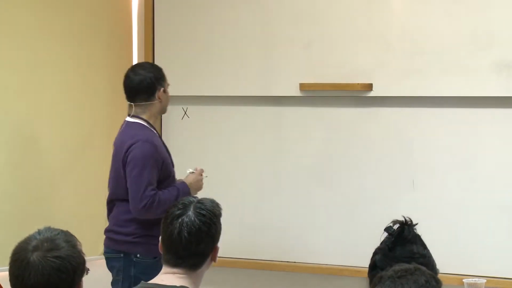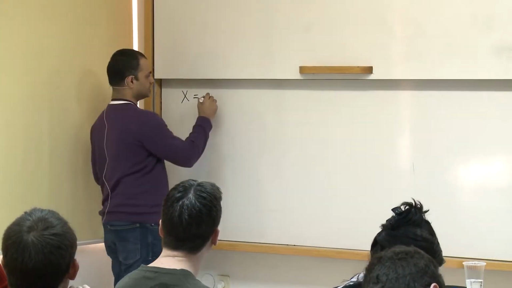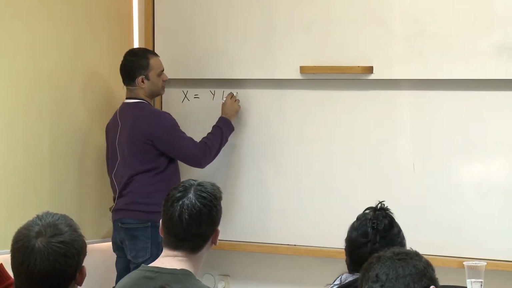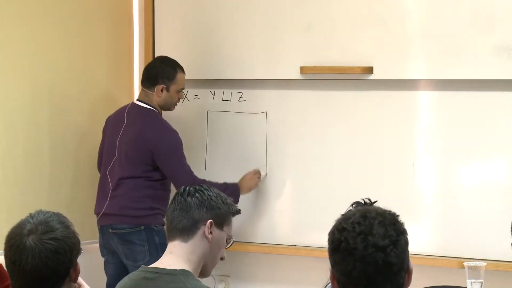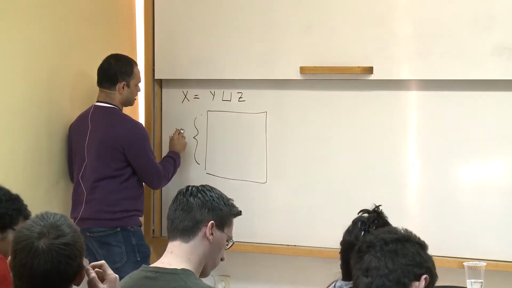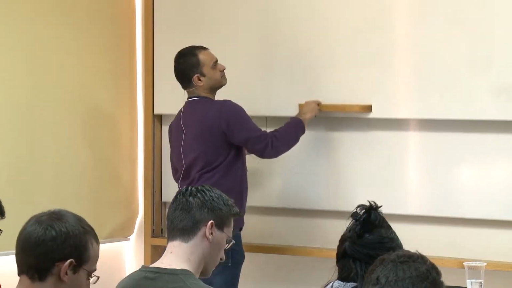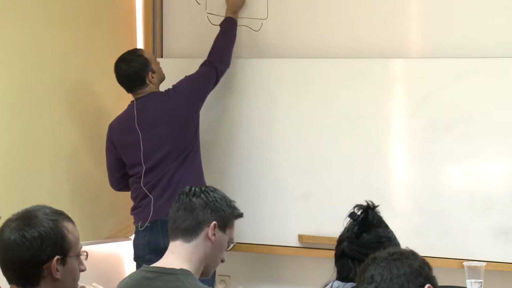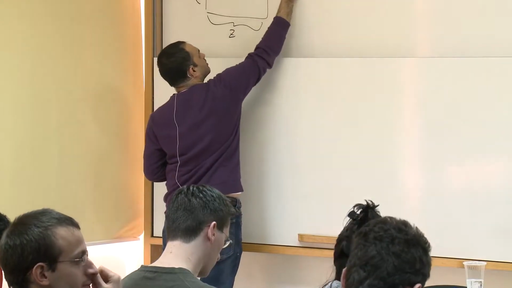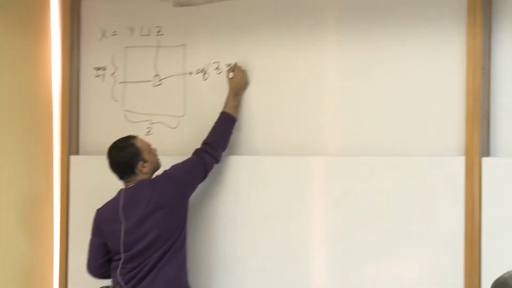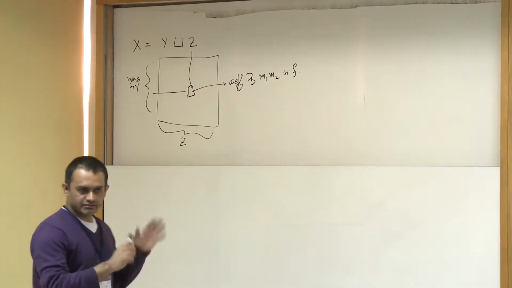Is that fine? Okay, so throughout we'll start with the set of variables as x, and we'll partition them into y and z, and then we'll be looking at this matrix where the rows are going to be monomials in the y variables, the columns are going to be monomials in the z variables, and every entry is the coefficient of this times this. So that's the thing that we're going to look at.